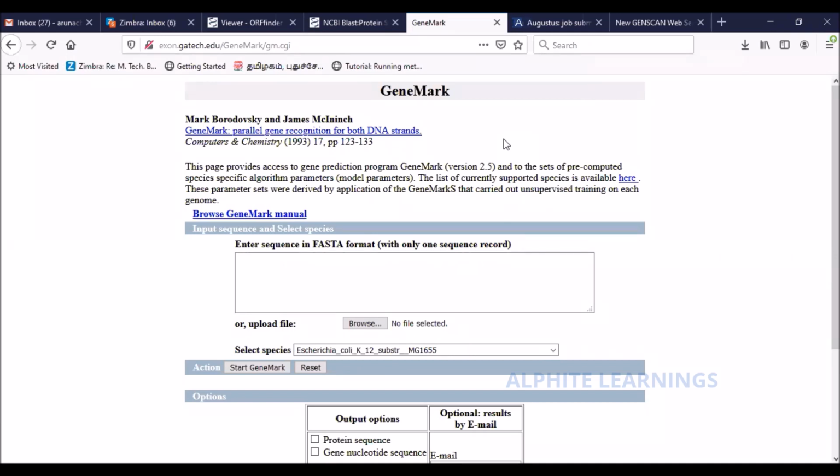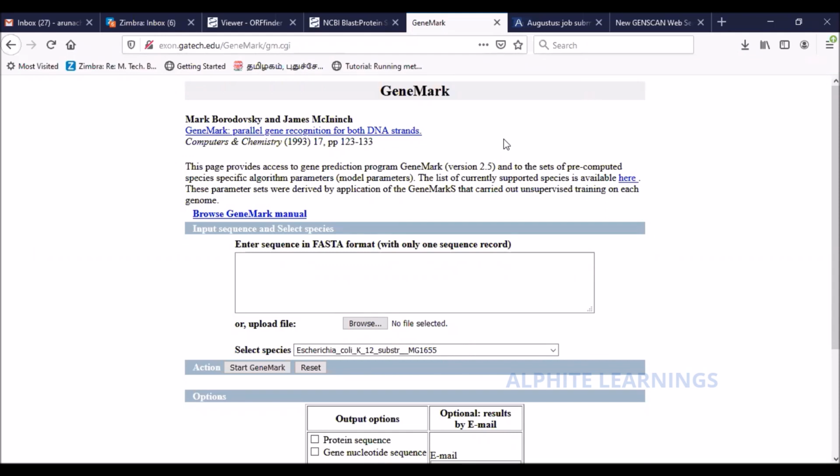So for that you use these kind of programs. Understand the difference. There you already know it is a gene, and you wanted to know the product. Here, you don't know whether it is a gene or not. You just have some sequence in your hand, and you want to confirm whether it is a gene, and if it is a gene, what is the gene? So that is the difference between both of the programs.